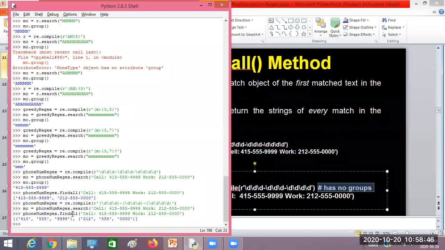What will you do? You'll write a pattern for the phone number, or a pattern for the USN number, and then execute the findall function. One findall function will extract all the USN numbers from the PDF document and give you the result.